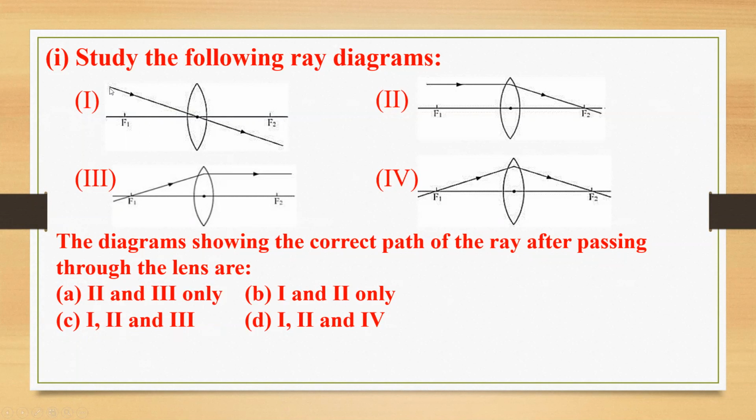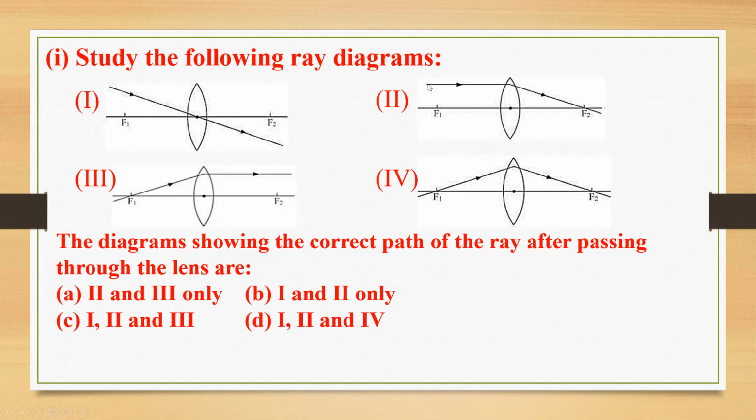First one: you can see the light ray is passing through the pole. Do you remember that we have the four standard incident rays before drawing the ray diagrams? We used to study the same standard incident rays given here. Look, the first one is the incident ray, meaning the ray of light is passing through the pole. It will not get deviated. It will pass through as it is. There is no deviation in the refraction. So the first one is a correct one.